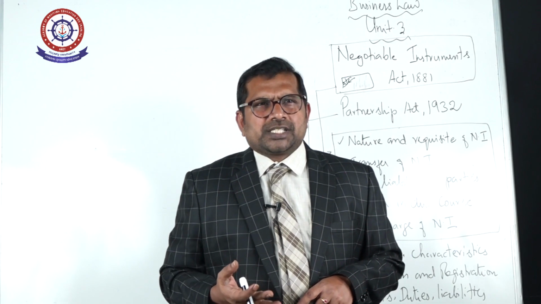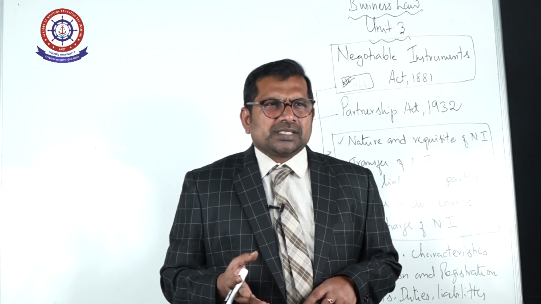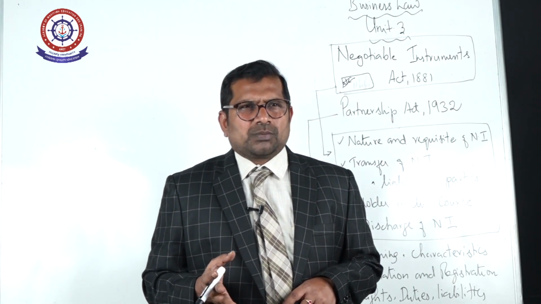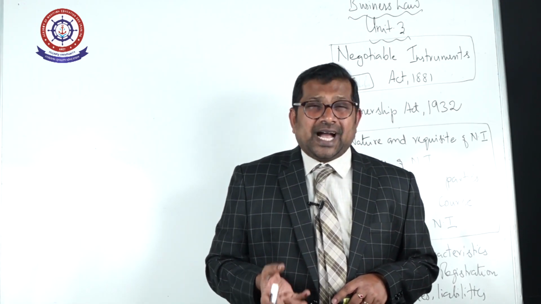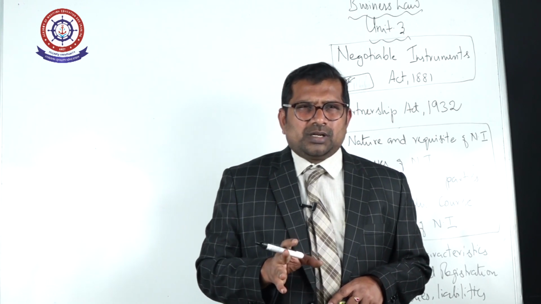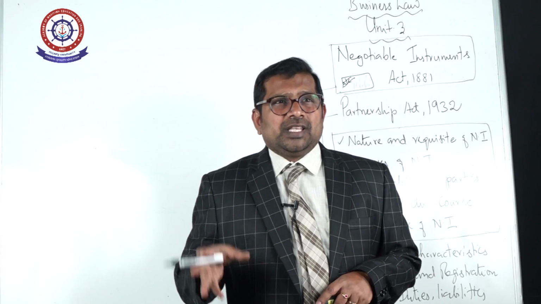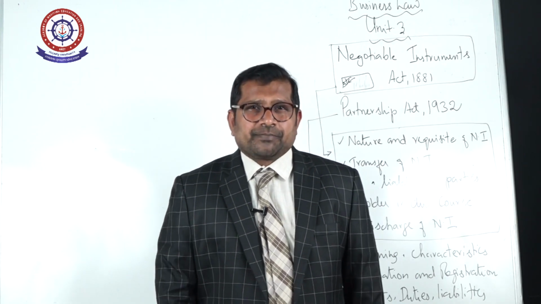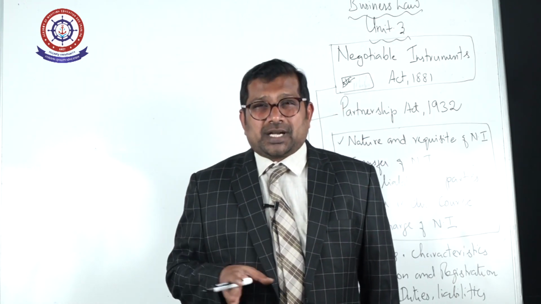In a partnership, there should be at least two partners. In ordinary business the partners should not exceed 20, but in banking business not more than 10. Profit and loss distribution is required. Unlimited liability: the liability of the partner is not limited to his invested amount. In case of loss, even the private property of the partner is used to pay the business organization. So here it is unlimited liability, but there is also limited liability partnership.